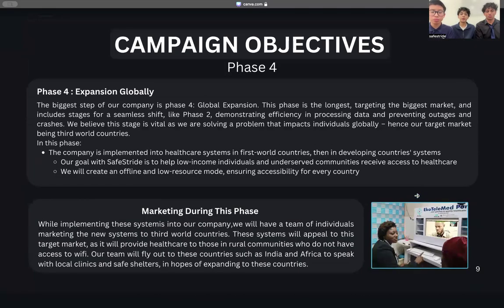Campaign objectives. Phase 4. Phase 4 is about expanding globally. The biggest step of our company is Phase 4 because the phase is the longest, targeting the biggest market, as well as including stages for a seamless shift. Like Phase 2, demonstrating efficiency in processing data and preventing outages and crashes. We believe this stage is vital because we are solving a problem that impacts individuals globally, hence our target market